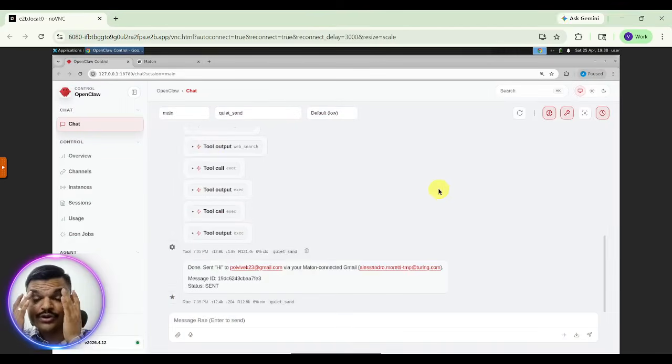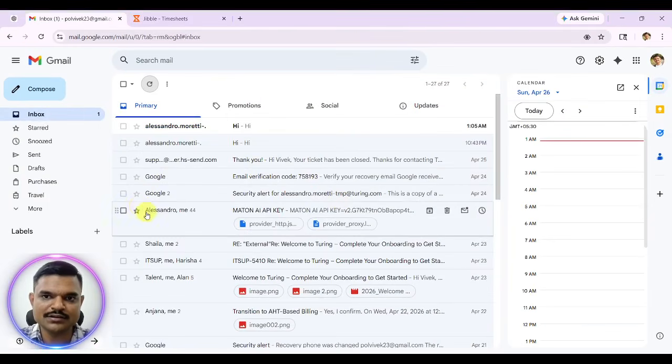See, this OpenClaw is risky, so no one wants to expose their personal information to OpenClaw. No one wants to log in via their personal mail ID. So what developers mostly do is select some person's mail ID, a random person who does not exist. This is an unknown person. We have created that login Google credential, and we are logging in via that person's mail ID, and this mail is sent. So we will check whether the mail has come or not.